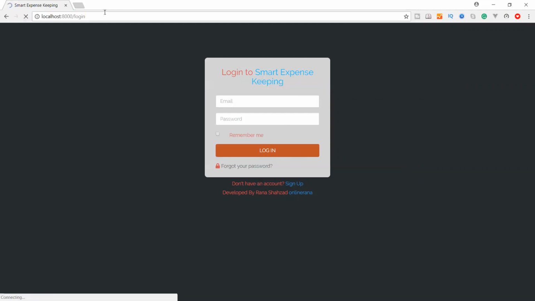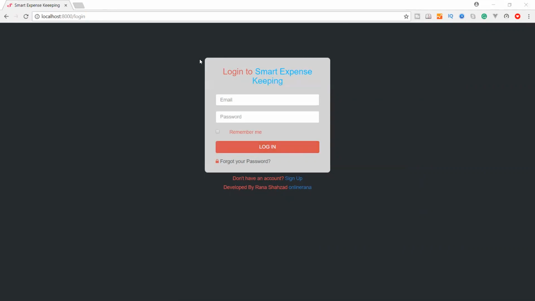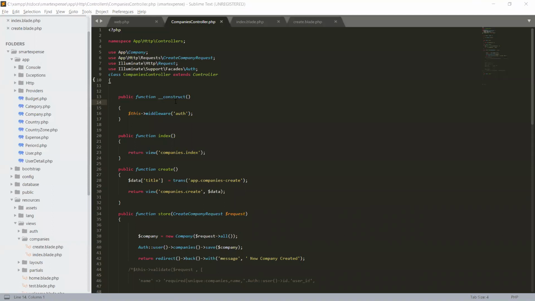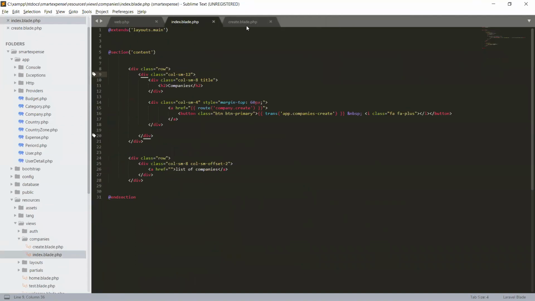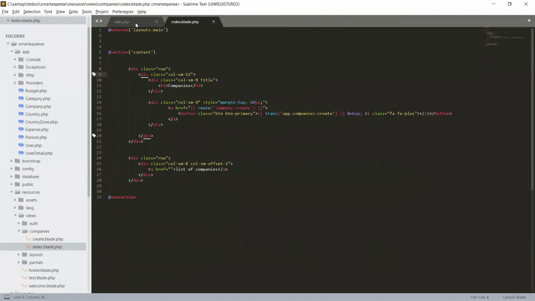So let's refresh it and come to our editor. Now we are in our editor, and here let's close this company controller, the create page, and our routes file.